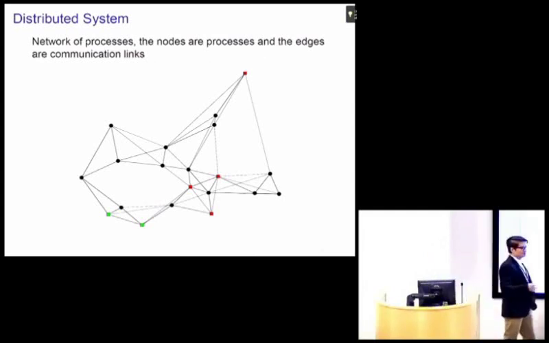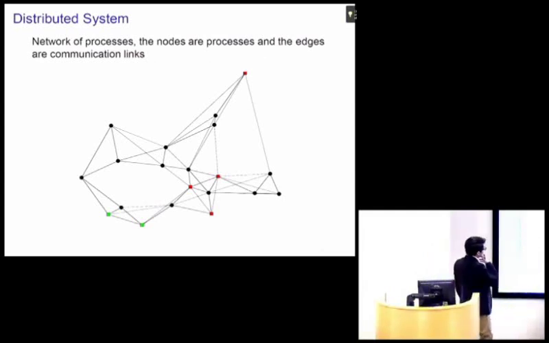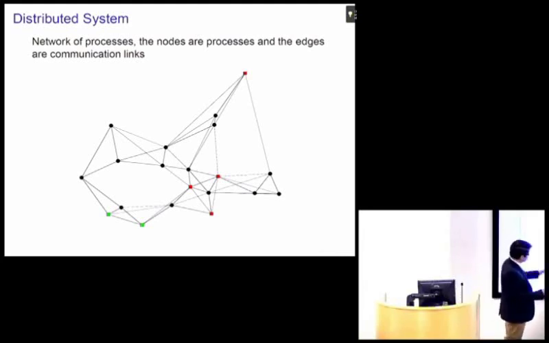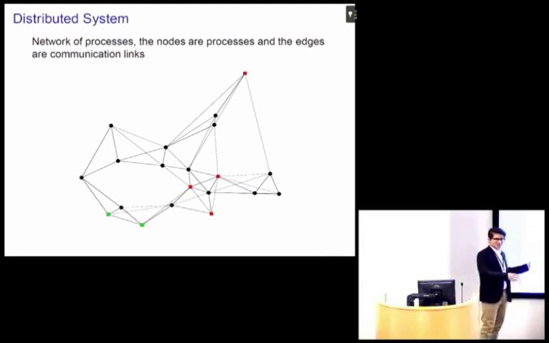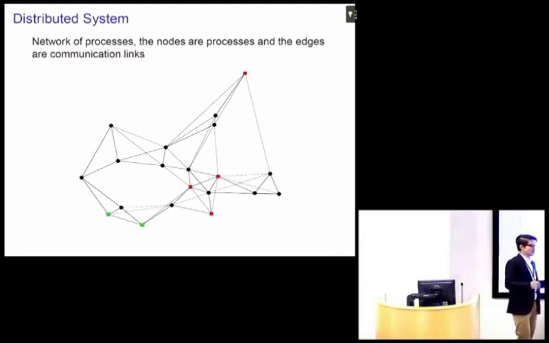So what do I mean by a distributed system? Given the two previous presentations, you can consider this as a network of autonomous cars. Each node is a car driving in the city, and somehow they have some communications between them. You have these black dot cars, which are the Google cars, and you have the green square cars, which are all the companies, and they are somehow talking to each other because they want to overall provide a better experience for the user. Or you can consider these nodes as smart meters in a neighborhood, and they are talking to each other because they want to detect who's stealing the energy.